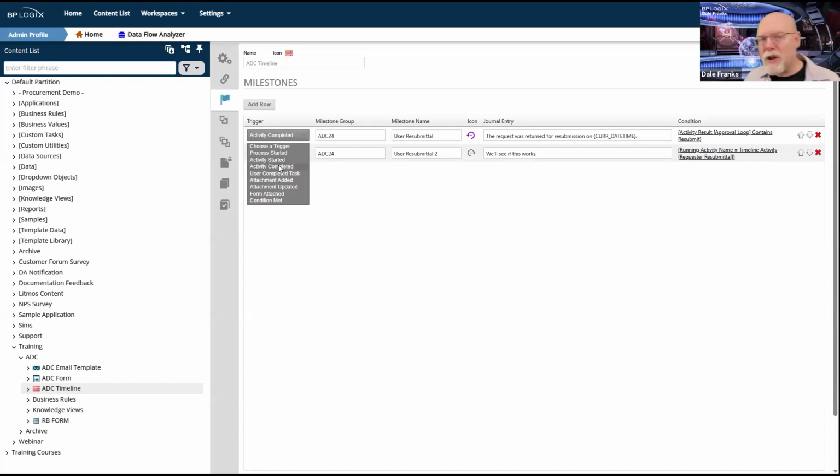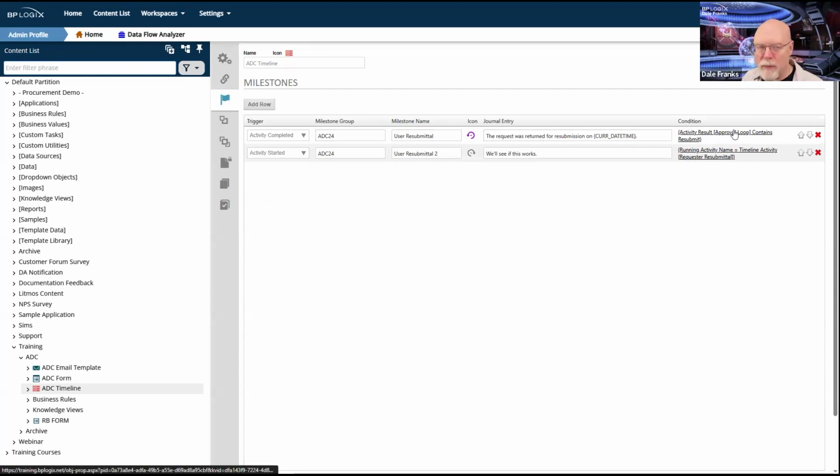So unless you want your milestones to fire on every single event, which you usually don't, it's important that you set a condition so that when the trigger occurs, in this case, if an activity is completed and the activity result for the approval loop is resubmit, which means my last activity, I'm going to drop in the milestone.